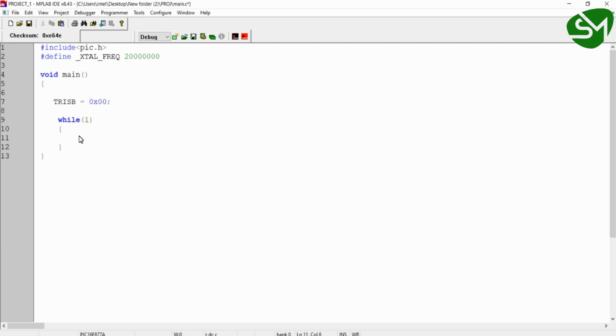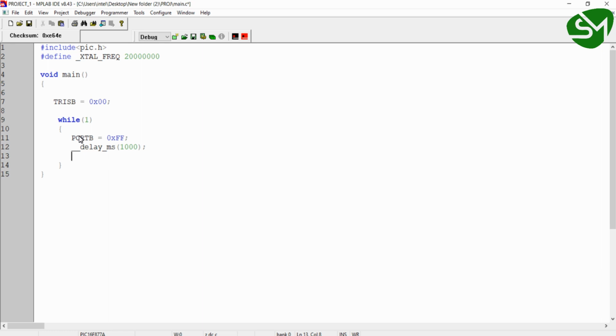As I said before, we just want to set all the bits of port B. For that, we can use the register PORTB as we are accessing all 8 bits at a time. So to turn on all the bits, I can write 0xFF. This will turn on all the bits from RB0 to RB7. Then I'm using __delay_ms and giving the value 1000. That is, I'm waiting for 1000 milliseconds, that is 1 second.